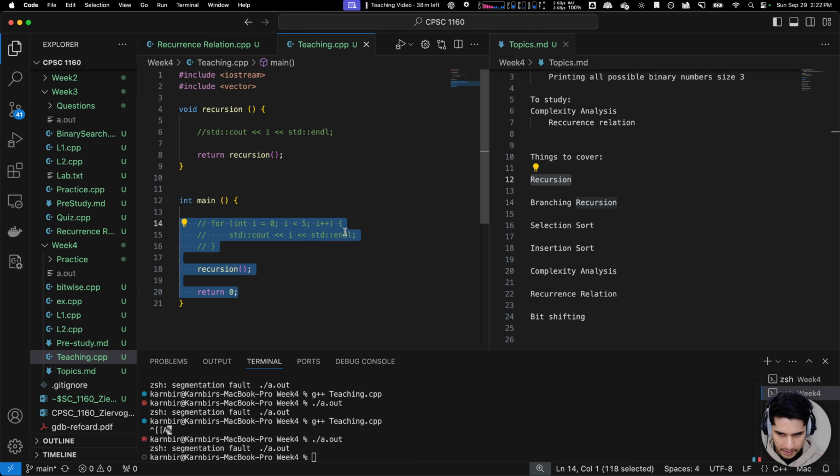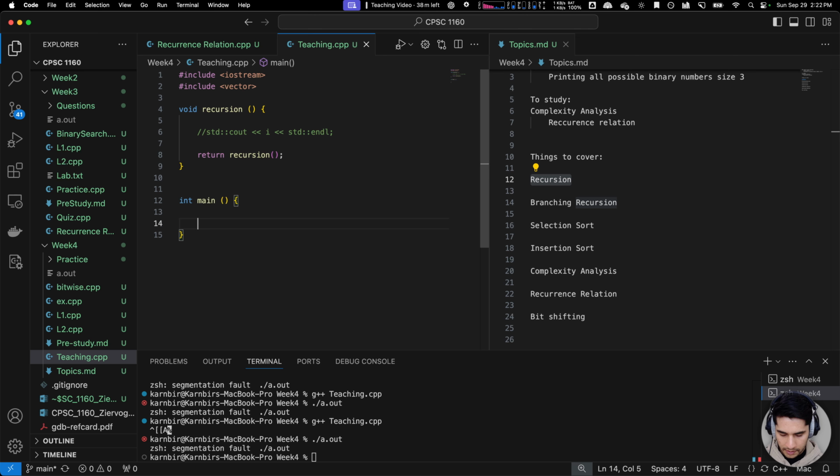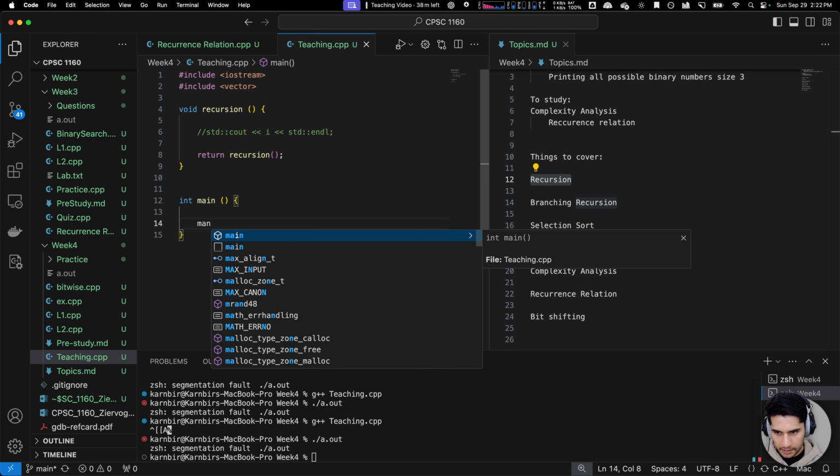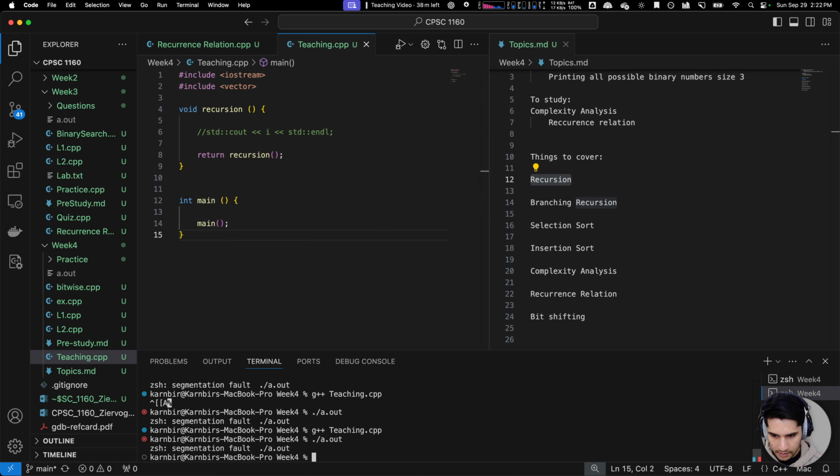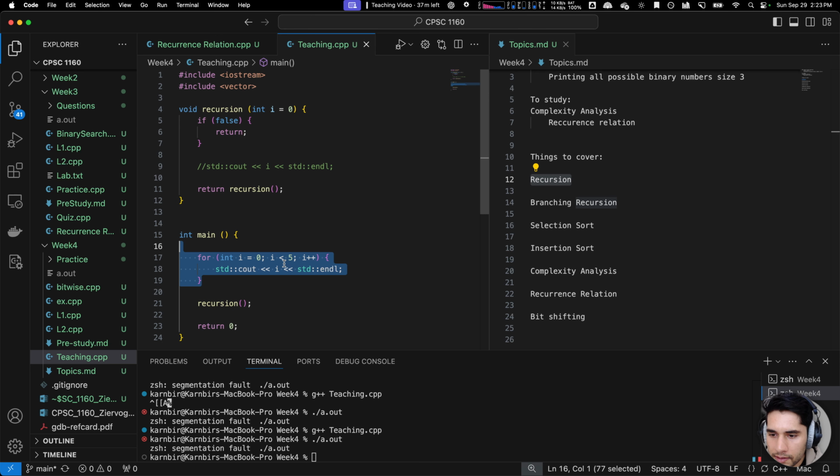Actually, if I was to just call main infinitely amounts of times, this should... Oh, okay, I guess it calls it segmentation fault, even though I keep on calling main infinitely amounts of times. Okay, let's undo. Cool. So anyways, back to